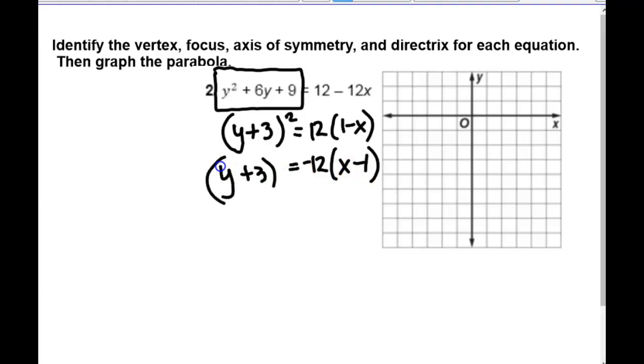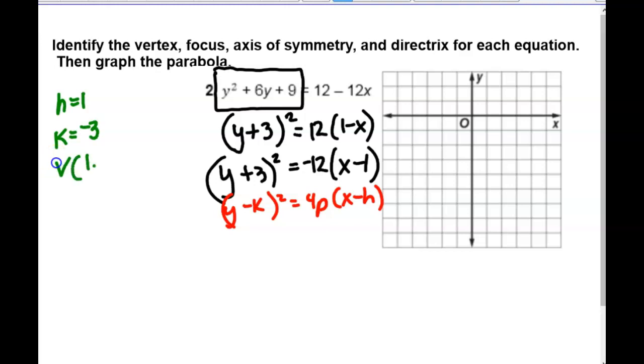Now, I will show you on the next problem, or the next couple problems, how to complete the square. And you could have definitely done this problem by completing the square, and you would have gotten the same answer. It's just that it's already kind of set up for that, so we're just going to go with this. All right, I'm writing y minus k equals 4p times x minus h. So tell me something. H is, k is,